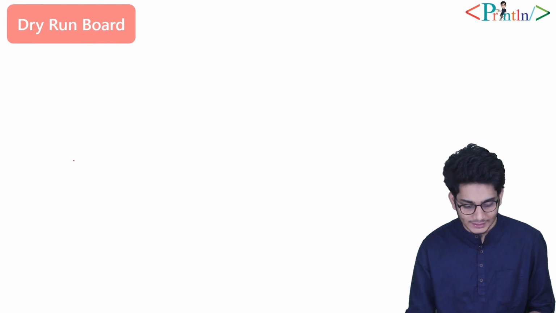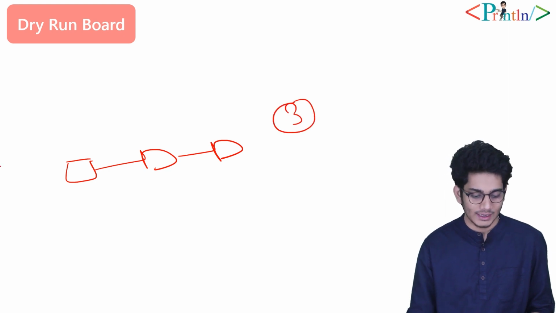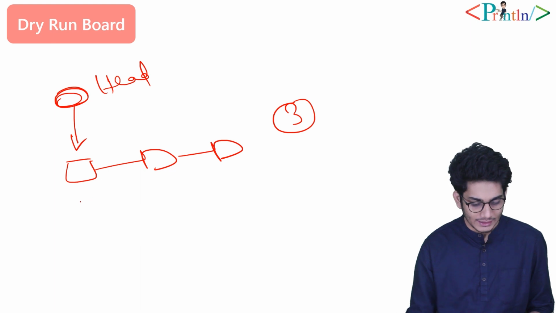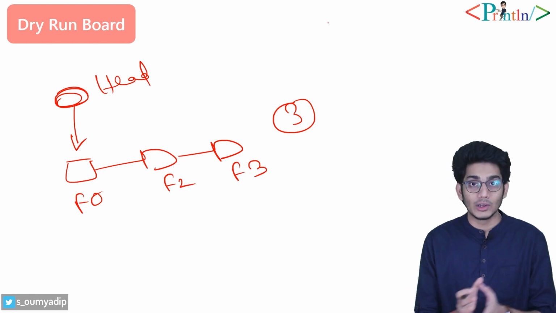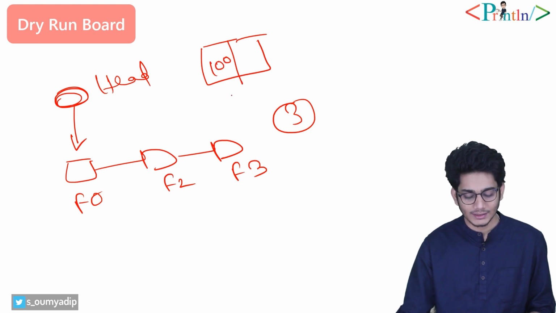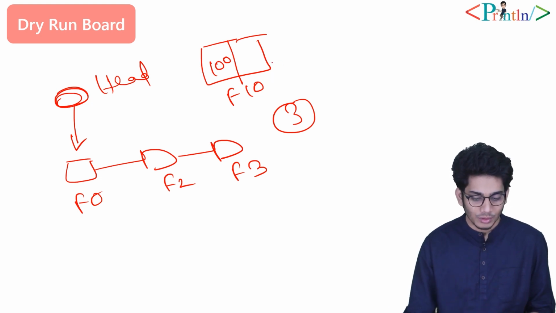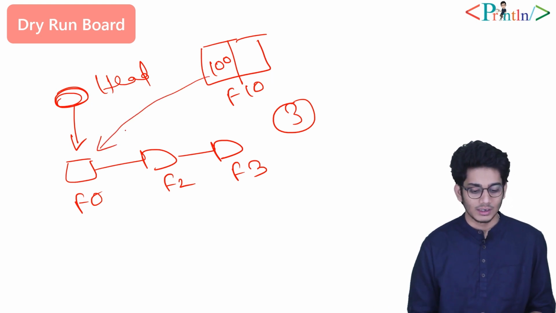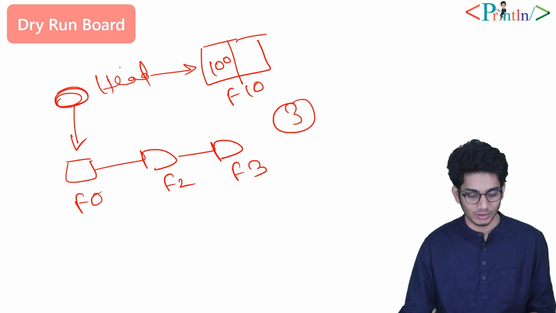Let's say that we have a list like this, with 3 elements, and we have a head pointer which is pointing to the first node. Let's say head holds f0, and the next nodes are at f2 and f3. Now to allocate a node, let's say we have allocated a memory, and its address is f10. Now we have to move this f10 over here, so we have to make the head pointer point to this node. Now how can we do that?